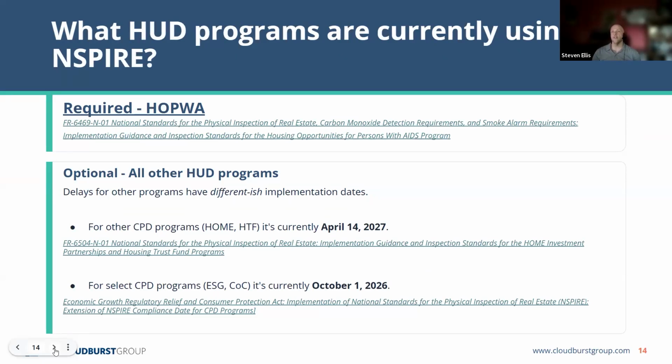For all other programs, it's currently optional, and the implementation dates are different. The only other implementation notice that went out was for different programs, HOME and HTF. Its implementation date will definitely be April 14th because it has this implementation notice. For other programs, including the CoC, it's currently slotted to be October 1st, 2026.